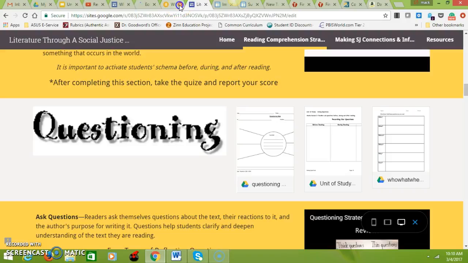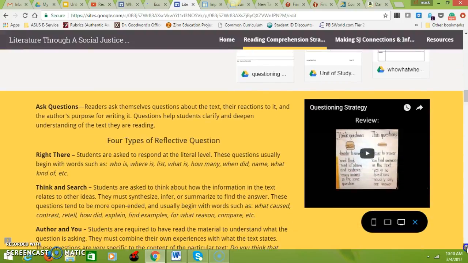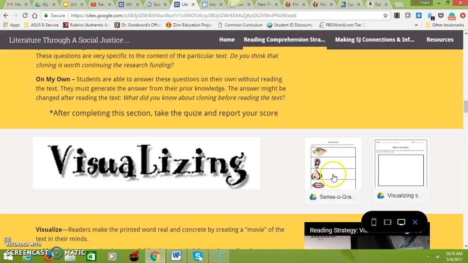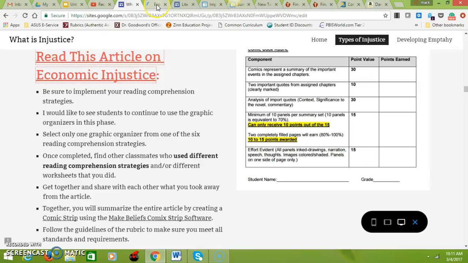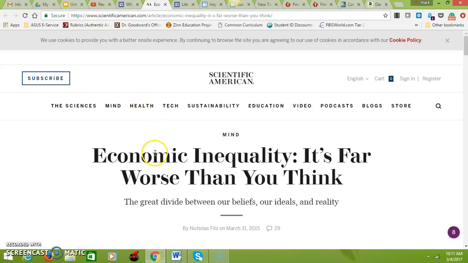Before I read the article, I select a reading comprehension strategy that I want to use. Maybe this one, in visualizing. After I select that reading comprehension strategy, I make sure I read the article and complete only these 3 options. Read this article and use the